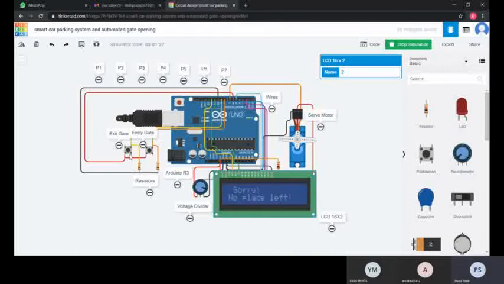Whenever another person presses the exit button like this, the servo motor will again rotate and send a signal to the Arduino, and here the LCD will again show the space left for one car. Whenever a person again presses the exit button, the servo motor will again rotate, which in return will open the gate for the car to exit. And if another person wants to enter, then the gate will open as there are one or two slots available for them. So this is how the whole system will work.